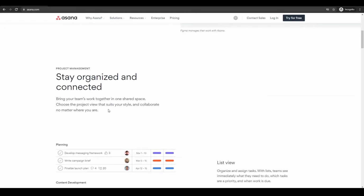So firstly, they prioritize staying organized and connected. Now all of your team can essentially work together in one platform, whether your team is comprised of, let's say, 2 people or 2,000 people. Everybody can collaborate and work together, and that really makes it good for beginners, because after some time you are going to be a professional and your team is going to be bigger and